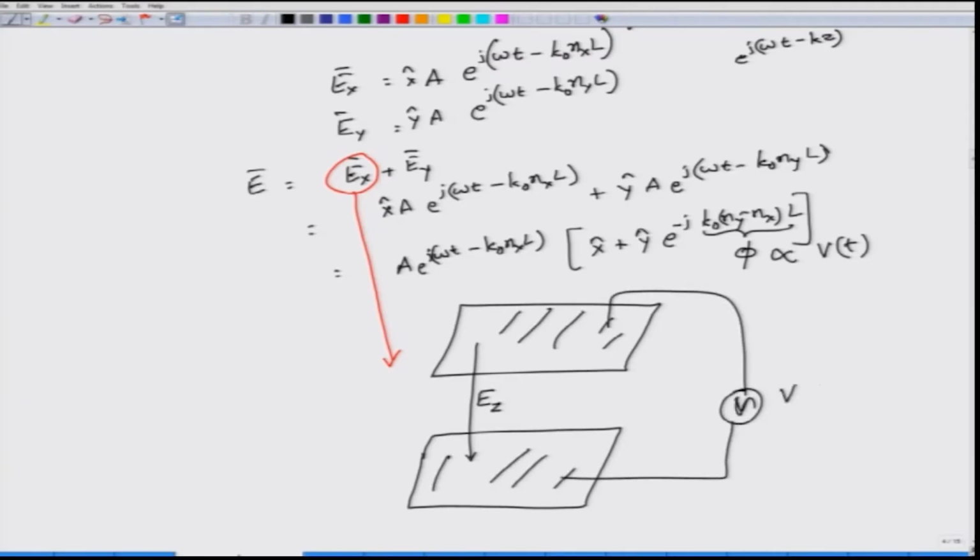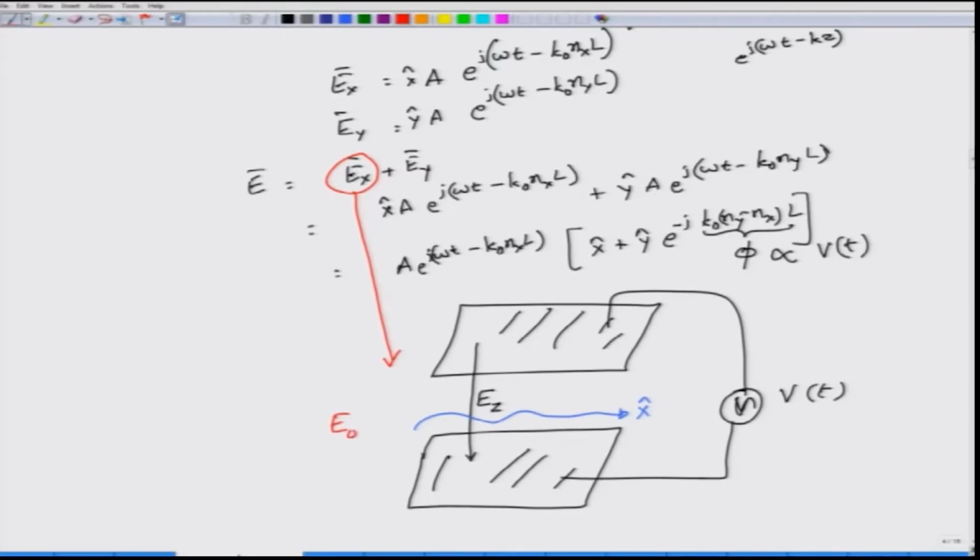So I will maintain a certain voltage V of t, which is a function of time in this particular case. I know that for two conductors, if I maintain a voltage difference V, then I will generate an electric field inside, right. This electric field is directed along the z axis, and the wave is now propagating, instead of along the z axis, along the x axis. It has a certain initial amplitude,